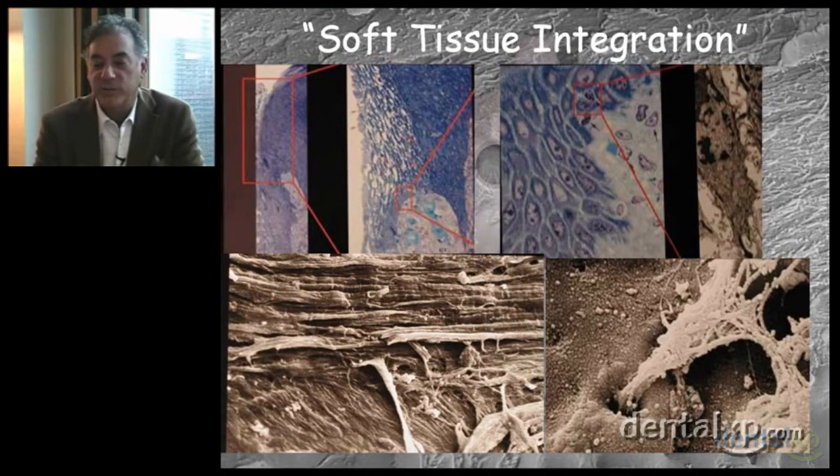Now, if we look at these slides, we're seeing the soft tissue integration that is possible with the Ti-Unite surface, where the connective tissues are actually incorporating in a functionally oriented way into the surface of the Ti-Unite. So again, we have a design feature of the grooves, which get greater bone implant contact, and the design change, the Ti-Unite up to the top, which allows for a predictable incorporation of a functionally oriented connective tissue zone. So by protecting the underlying bone with these connective tissues attached truly to the implant, we've developed a very safe